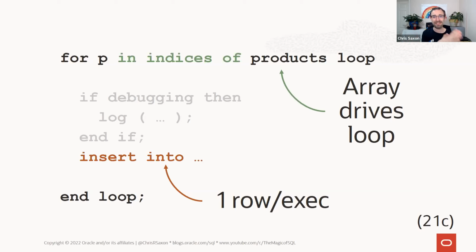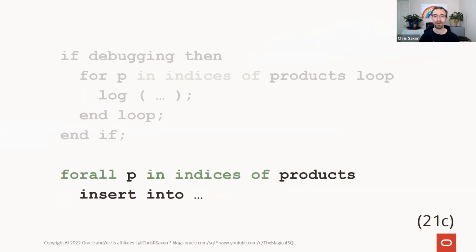Why? Well, the SQL and PL/SQL languages have separate runtime engines. Every time PL/SQL calls SQL and the opposite, there's a context switch between them. And if we do that lots of times, that can really start to add up and make our processes quite a bit slower. So rather than have that insert inside the loop here, what we really want to do is,